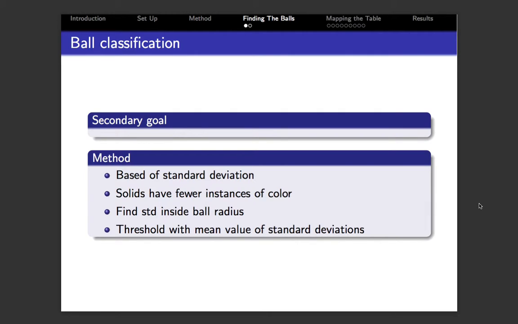Next we wanted to try and classify the balls as either stripes or solids, and the way we're going to do that is by using the standard deviation. Solids inherently have fewer instances of color, and that's pretty obvious if you think about it. The striped balls have white patches and then a colored patch and then a white patch. So it's my thinking that a solid ball would have a lower standard deviation of pixel value, and so we're going to take